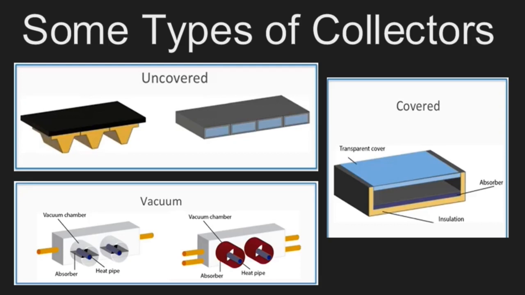Then talking about the third type, which is a very special type known as the vacuum type. In this, it reduces the losses due to convection and conduction, but it also reduces the losses due to radiation. And such systems are very expensive, and are used in places where we want to achieve very high temperature, and the efficiency of the work we do should be very high.